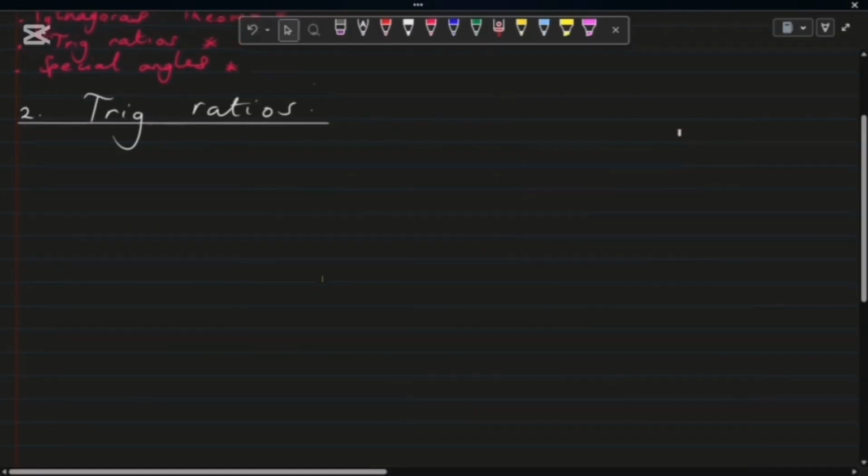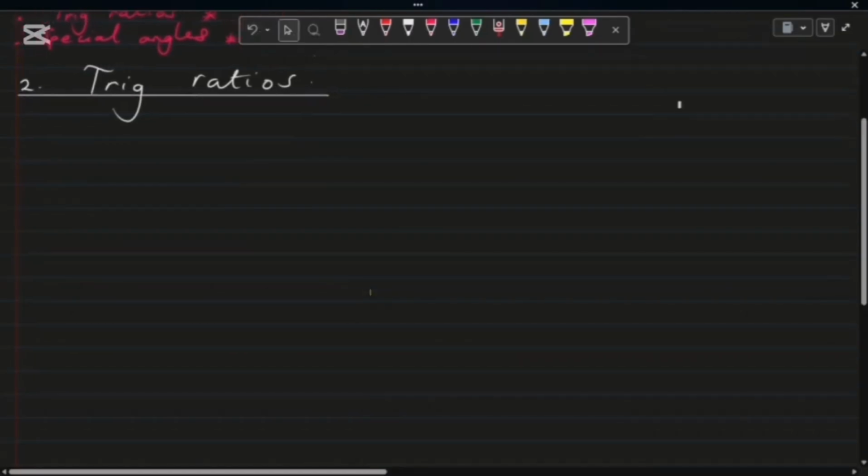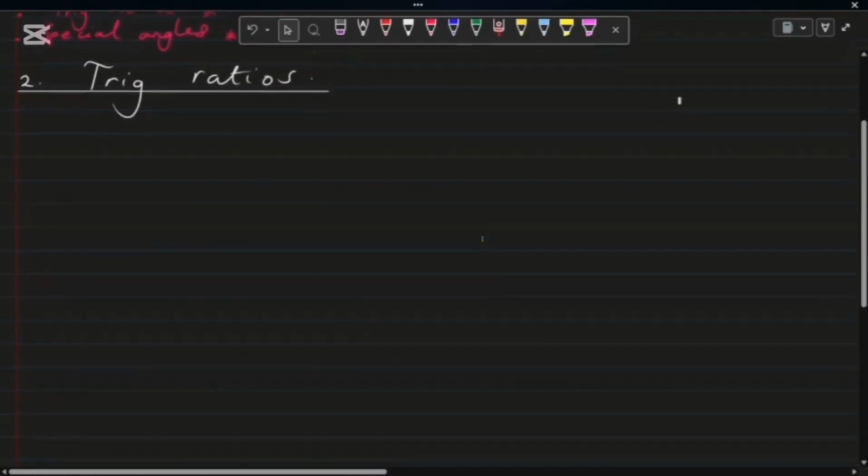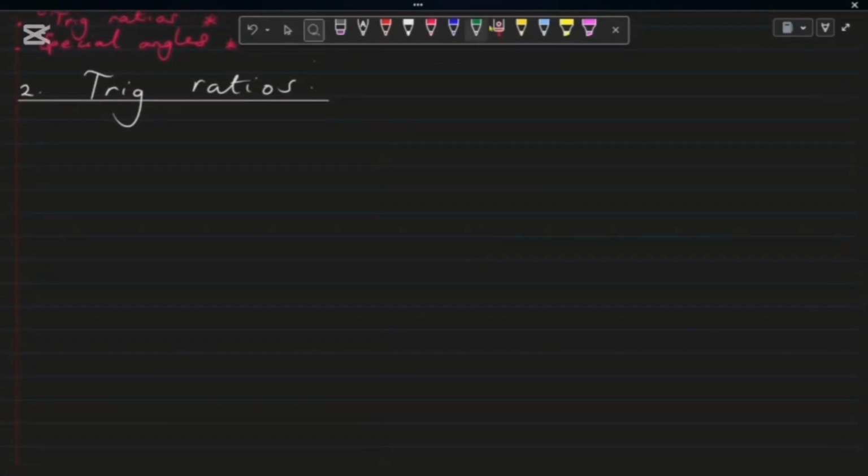Okay, now whilst we are still in the spirit of trig ratios, it is very important for me to introduce these very fundamental trig